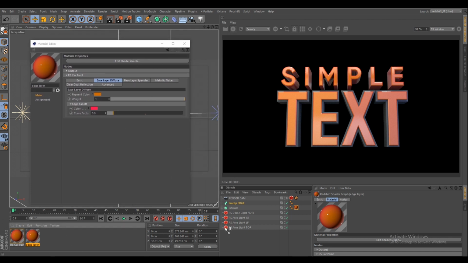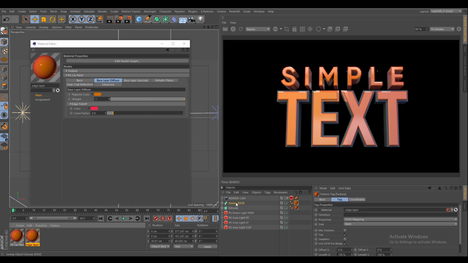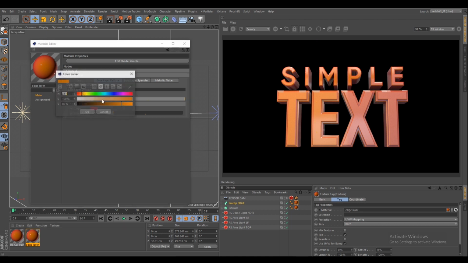At first I think we should assign it. Right now it is just taking the same color parameters as the front layer, so I just want it more saturated, more reddish.